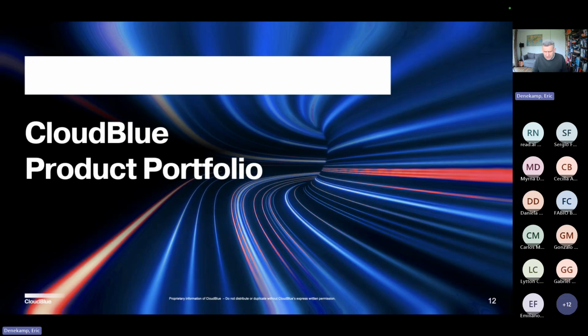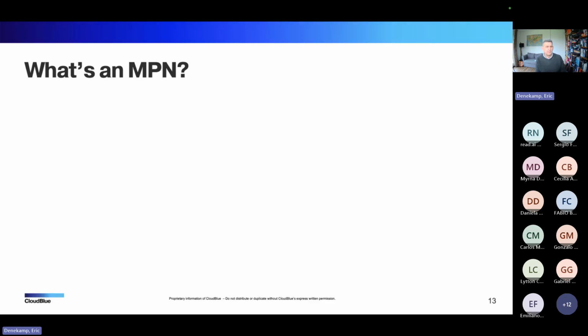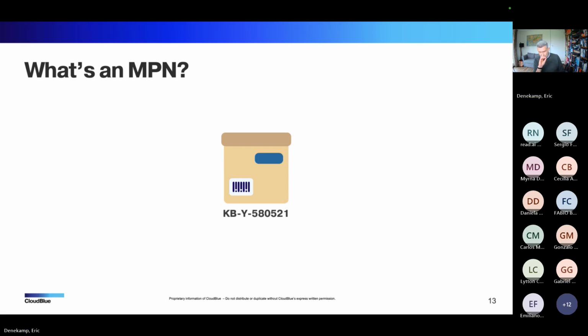So what does that mean? How does PLM handle that product portfolio? It handles portfolio based on the manufacturer part number, the MPN. So what is an MPN? It is a unique ID for that specific vendor that identifies this specific object for sale.